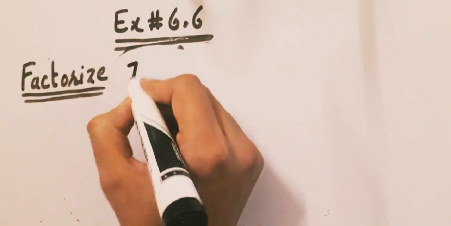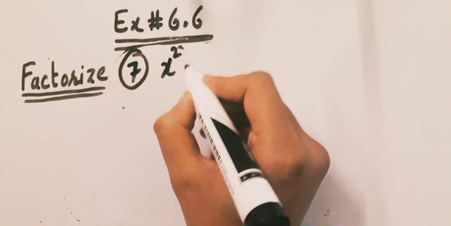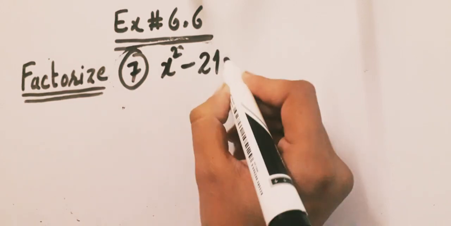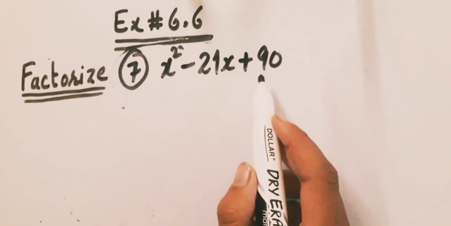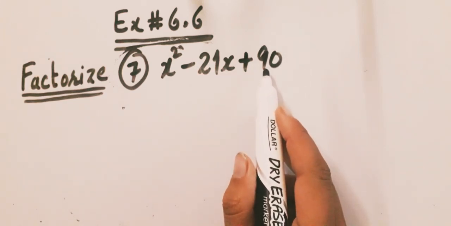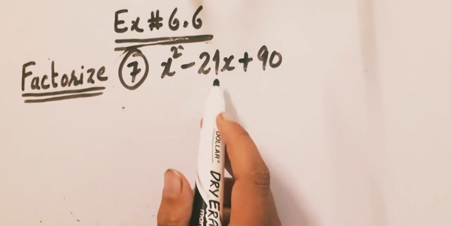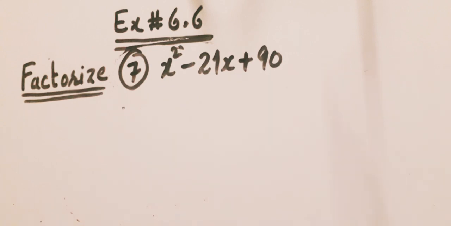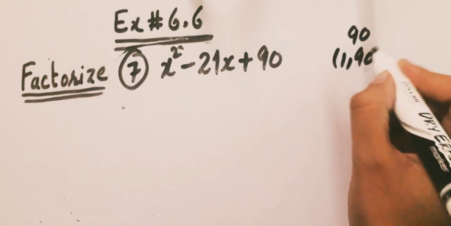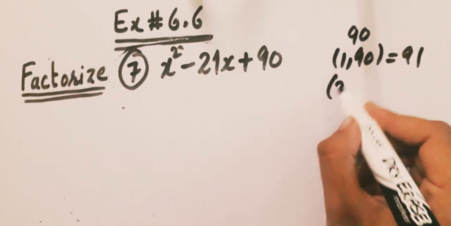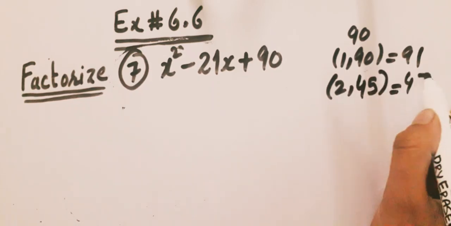Now we will solve part 7, that is x square minus 21x plus 90. Now you will make the factors of 90 such that when they are added they give 21. So first of all, 1 into 90, it gives 91. When 90 is divided by 2, it gives 45, which is 47,